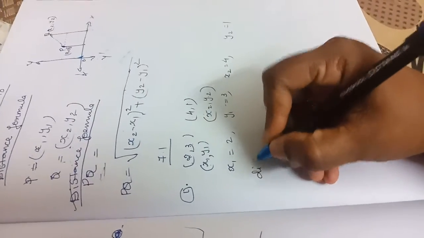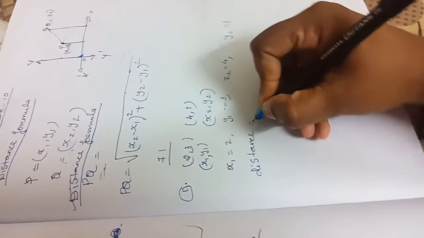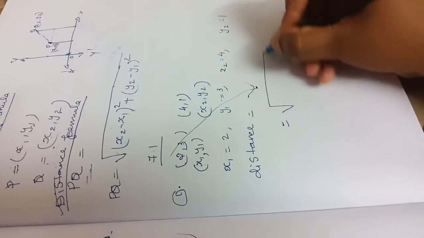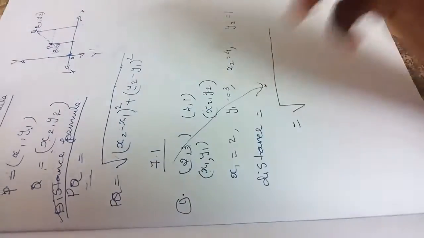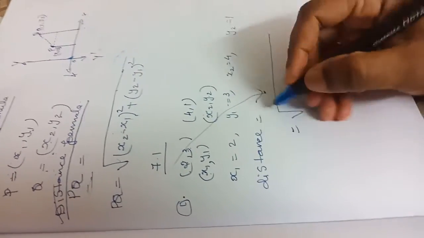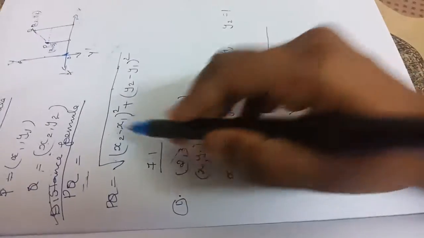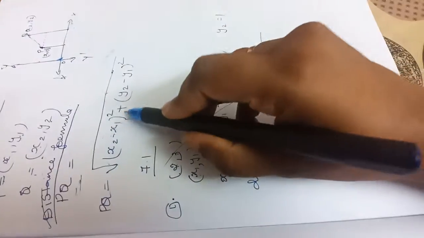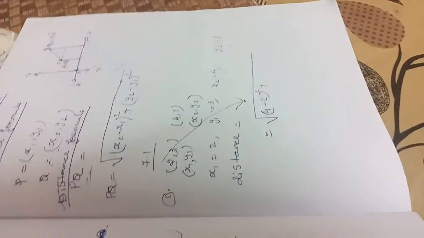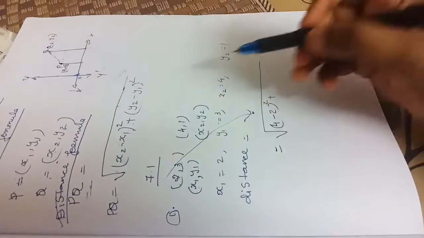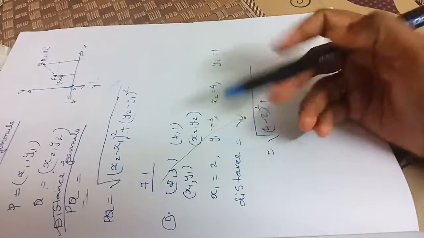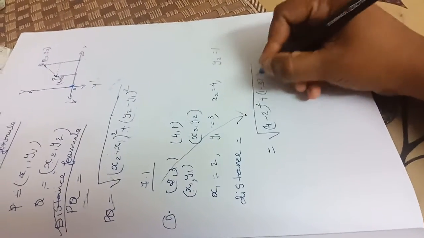What is the equation for finding the distance? So the distance between 2 points we can find easily. Distance is equal to, you should write this equation here, okay. So I am going to apply the equation. Root of x2 minus x1. What is x2? x2 is equal to 4. 4 minus x1. What is x1 here? 2. So 4 minus 2 the whole square, plus y2 minus y1 the whole square. What is y2? y2 is equal to 1 minus y1, which is equal to 3. So 1 minus 3 the whole square.